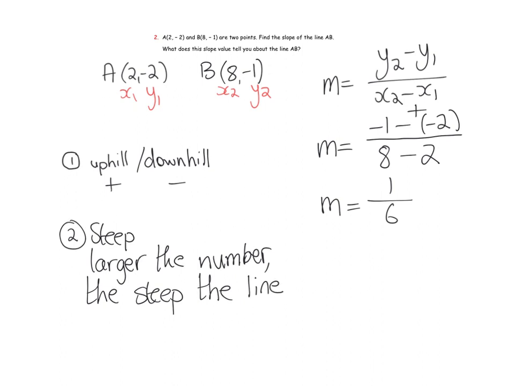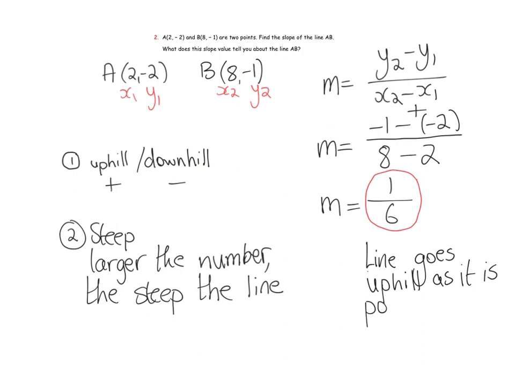So here we have the slope of 1 over 6. First of all, we have to figure out whether it is a positive or negative slope. Well, it is positive. There's no negative sign, so it's a positive sign. So this line goes uphill. We can say that the line goes uphill as it's positive. And then also we can say that, because 1 over 6 isn't very big,